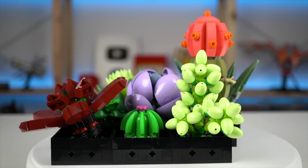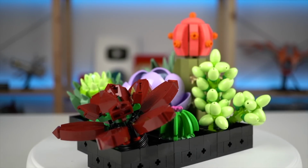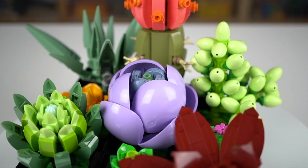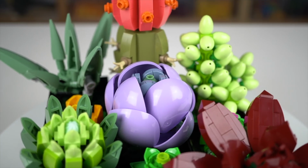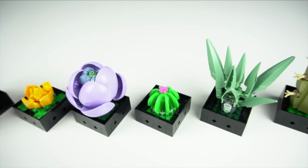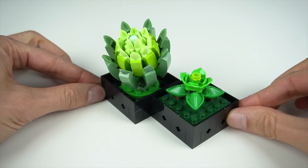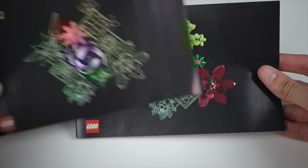Now, if you're looking for something significantly smaller, cheaper and different than regular LEGO builds, the Succulents from the Botanicals collection is kinda perfect for that. The set can be split into 9 different flower pots, rearranged as you see fit due to the connection points included, and all of the 9 builds are bundled together in groups of 3, with each of them having their